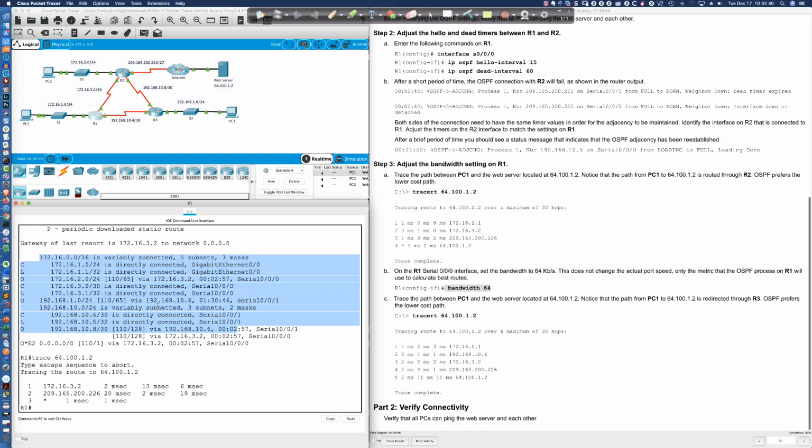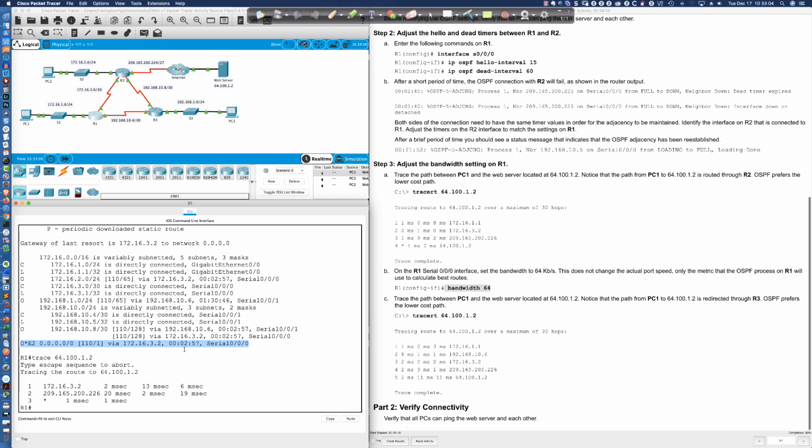But if you don't have a specific match for traffic that you're receiving, when you do your lookup and you look at that destination IP address in the IPv4 header, and you don't have a longer, more specific match to get to that destination, in our case 64.100.1.2,